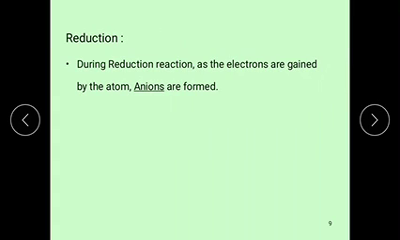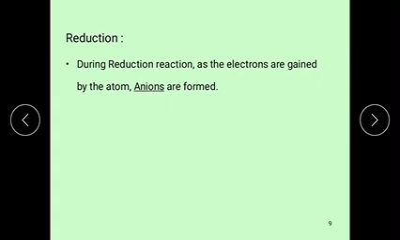One more definition is there, that is, the process of decreasing the oxidation number of an element of an atom in a chemical reaction is called a reduction reaction. In the reduction reaction, the oxidation state